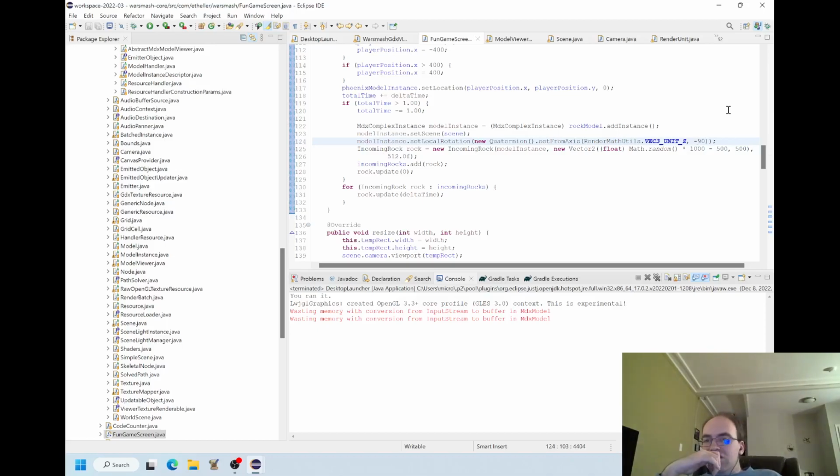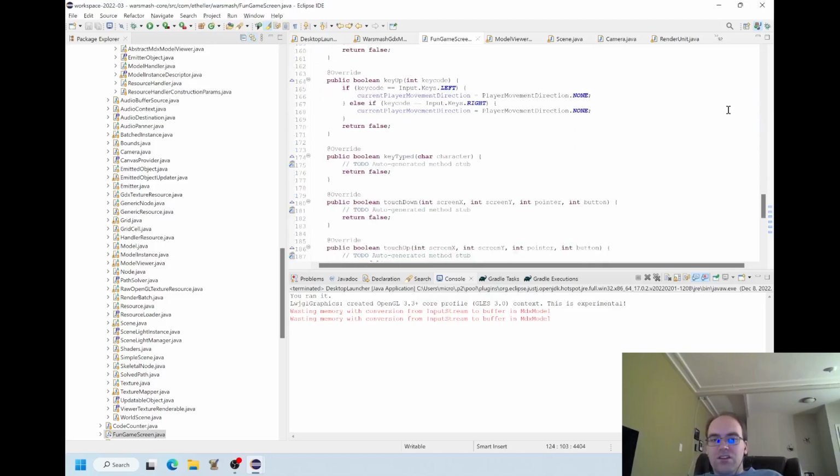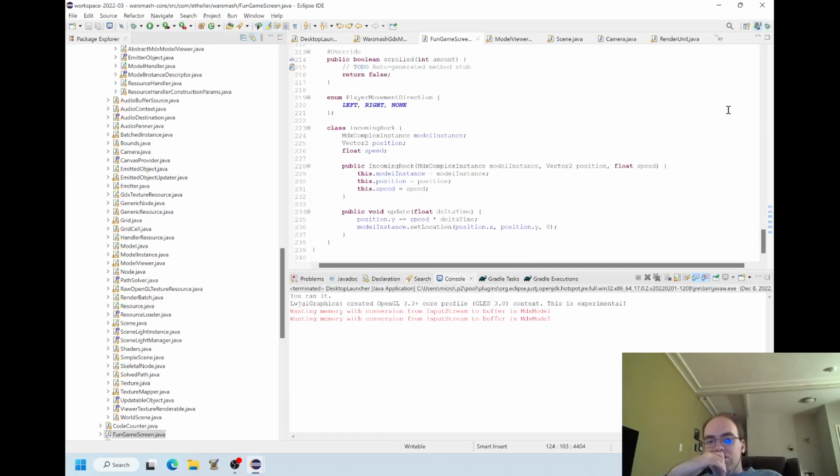But that still doesn't solve this idea that the x coordinate is random and the y coordinate is fixed, and that the update method will actually update the y coordinate. Y minus speed times time. That's interesting, right? We reduce y by speed times time. And you ask yourself, why don't we see that happening live?